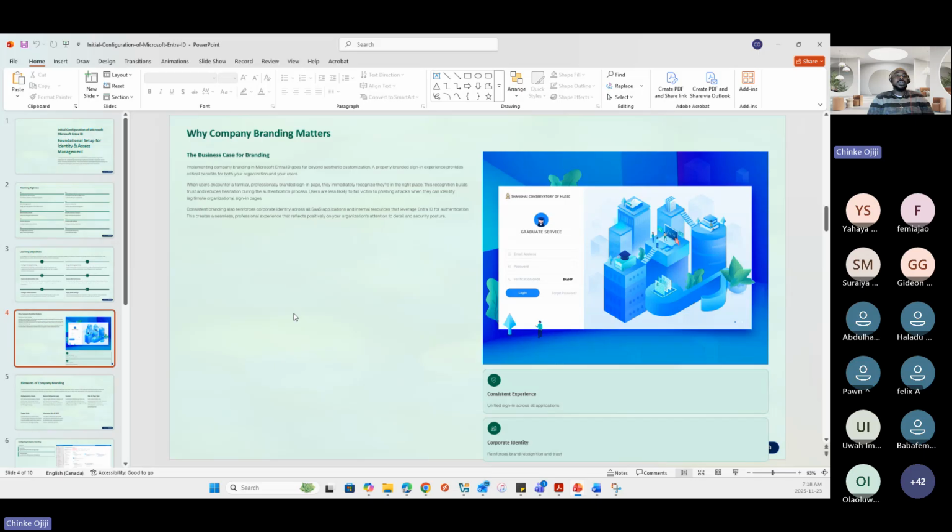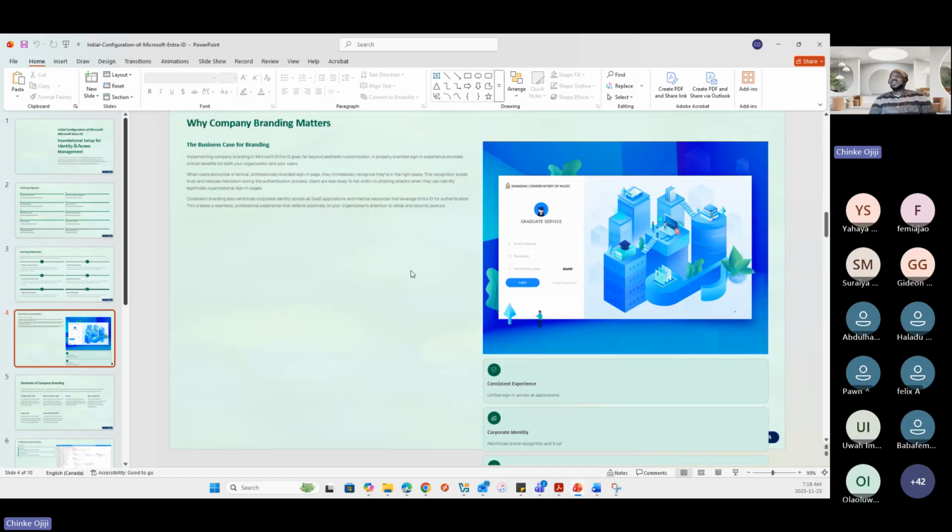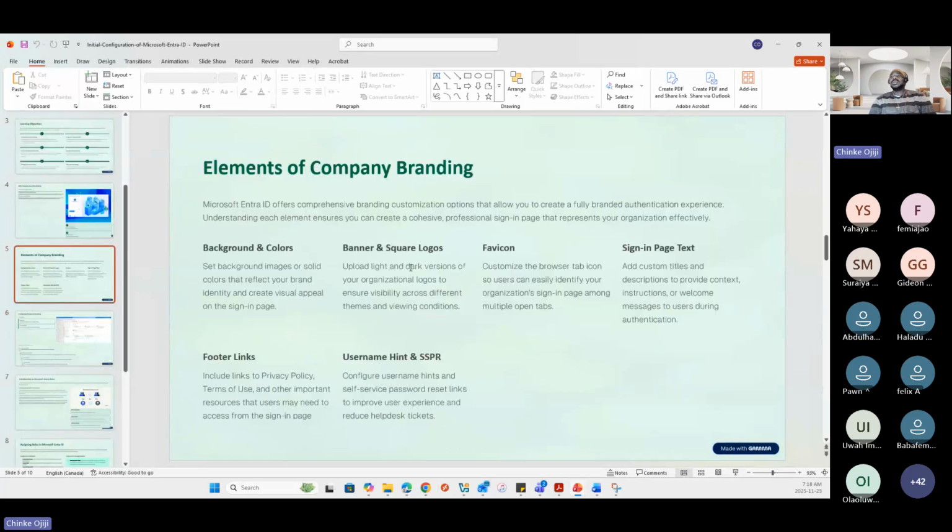And this consistency goes a long way in reducing phishing risks, making your authentication flow feel familiar to your users. Sometimes bad actors can send them phishing emails saying, click here to sign into your business account, and they click sign in. If they don't see that company branding there, then they know that they're in the wrong place and that email is not legitimate. That is how it reduces phishing risks and makes the authentication flow feel familiar. So moving forward,